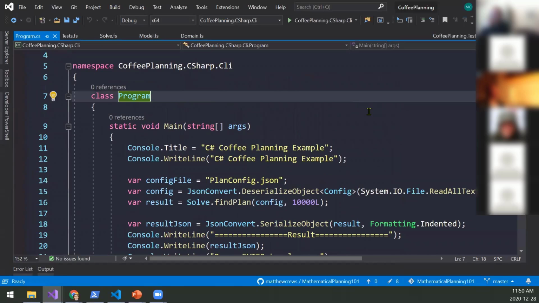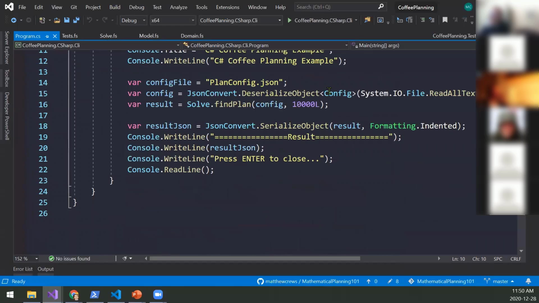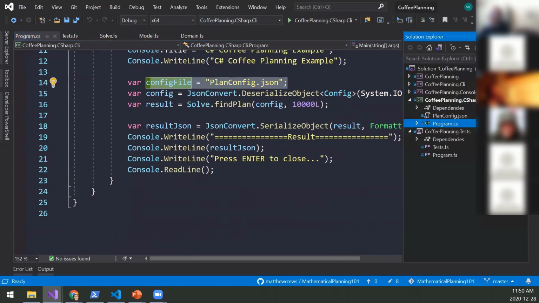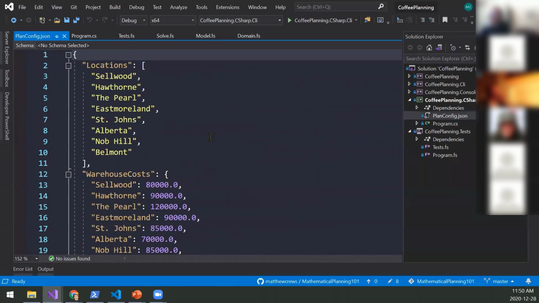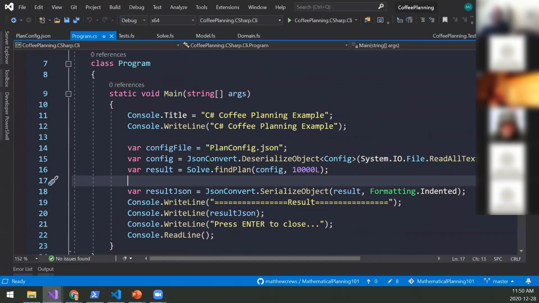And here I just provide a silly example of how yes, you can use the F# stuff from C# and everything is fine and happy. There's a config file, which in this case is just a silly old JSON with the data in it, and then just using Newtonsoft to bring in that information.